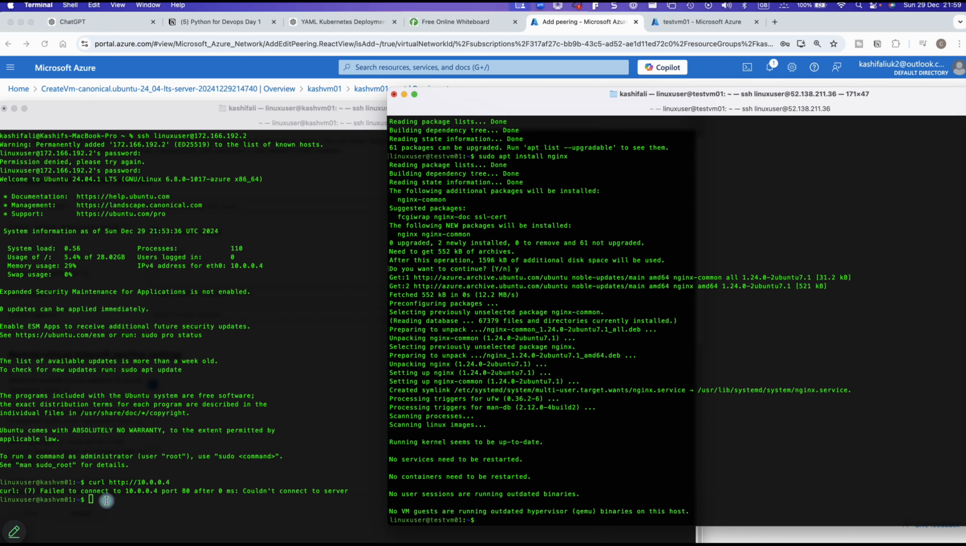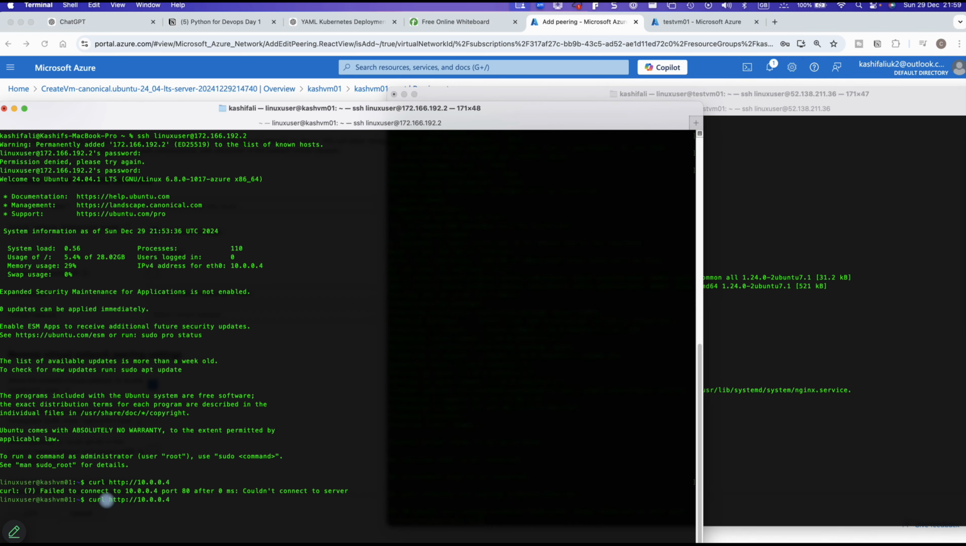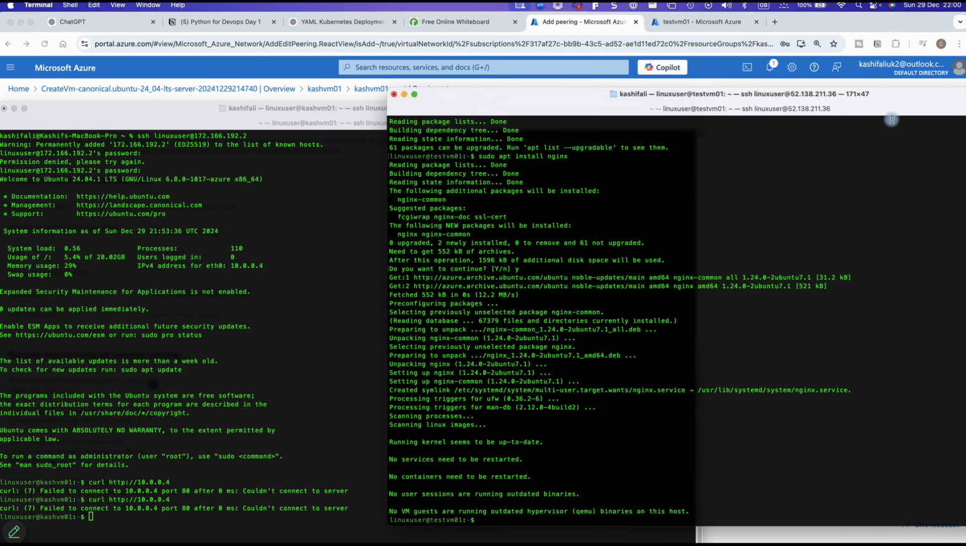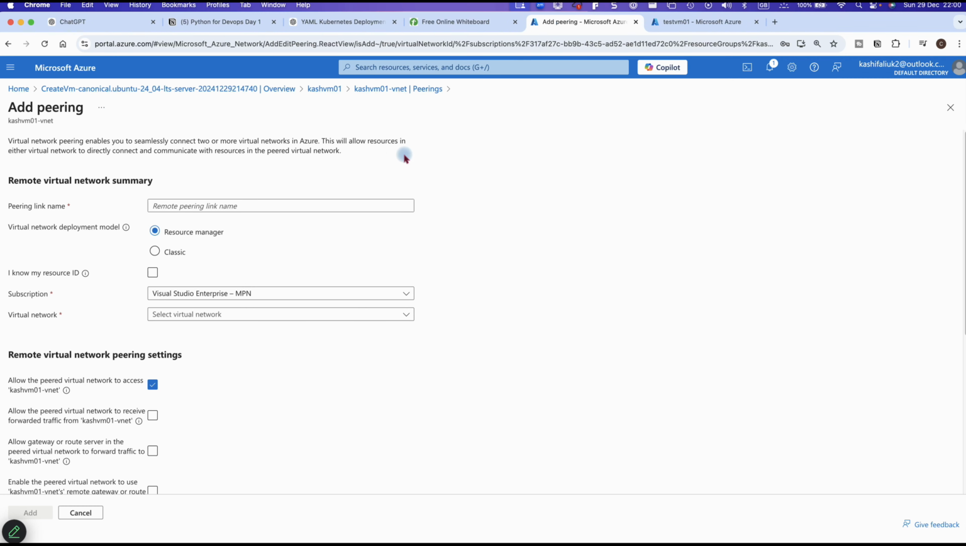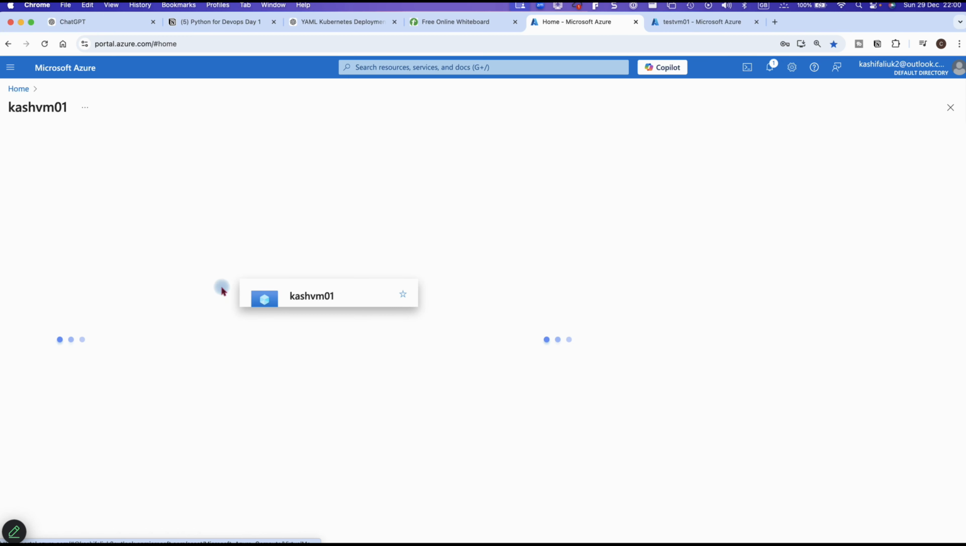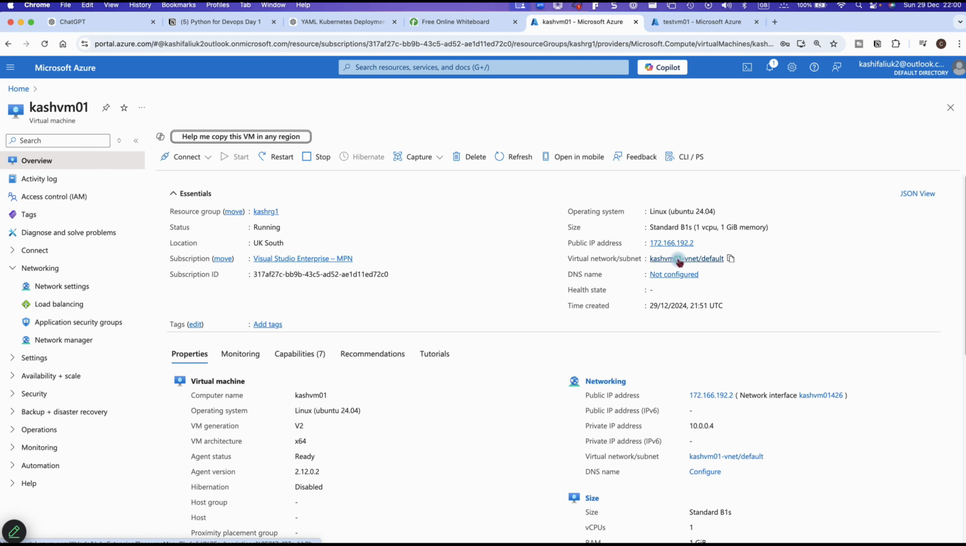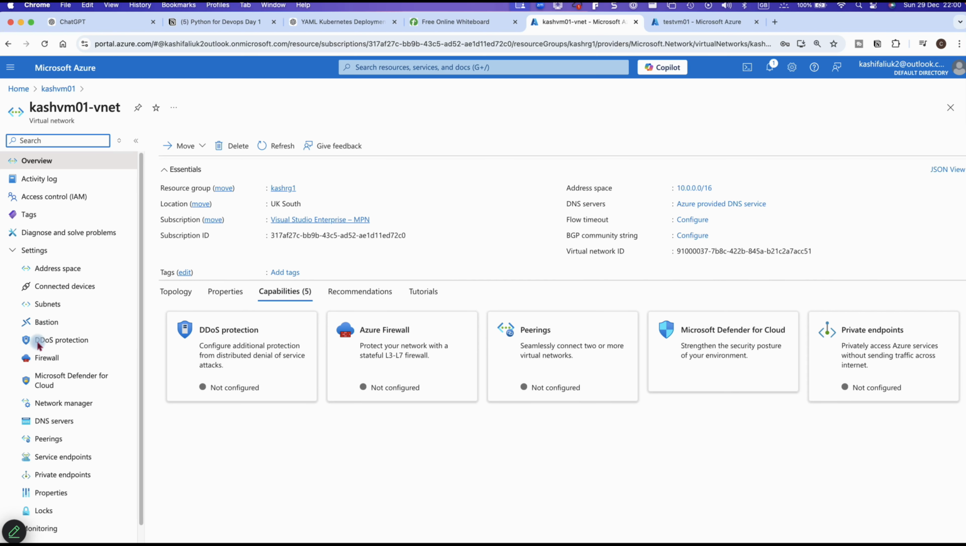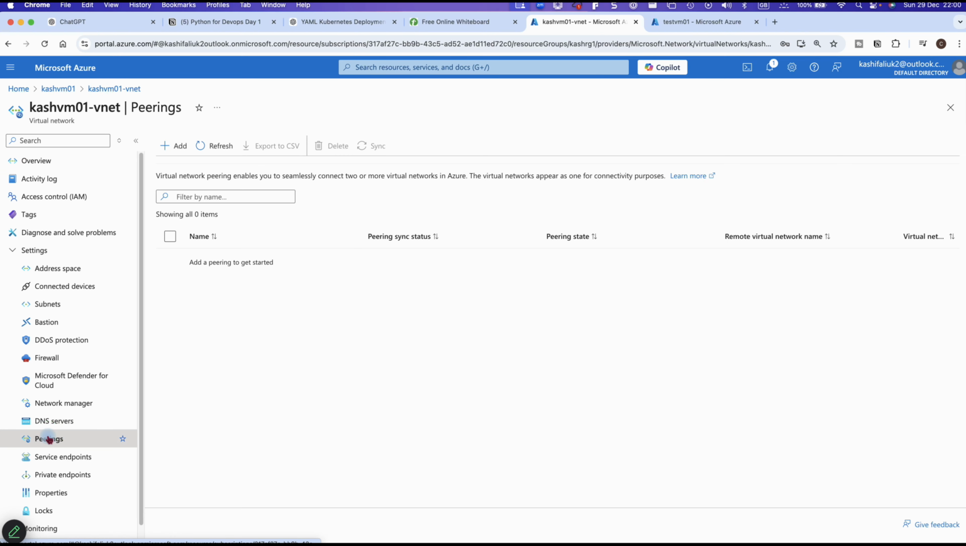Right, so if we go back to our first machine, up arrow, still not getting it because the VNet is in a different region. So what we can do is add a pairing. Like I said before, you go to your virtual machine and go to VNet, and in VNet you select peering and add peering,